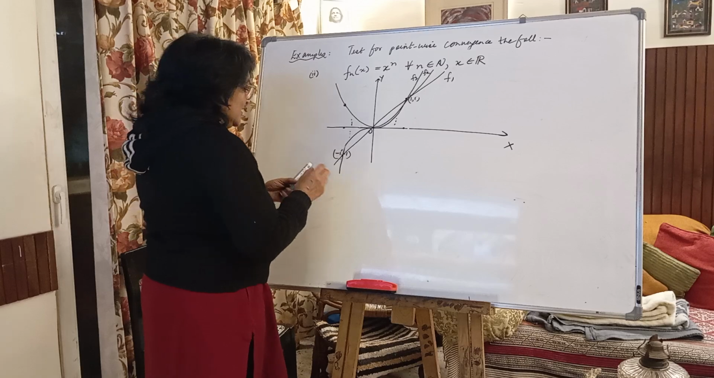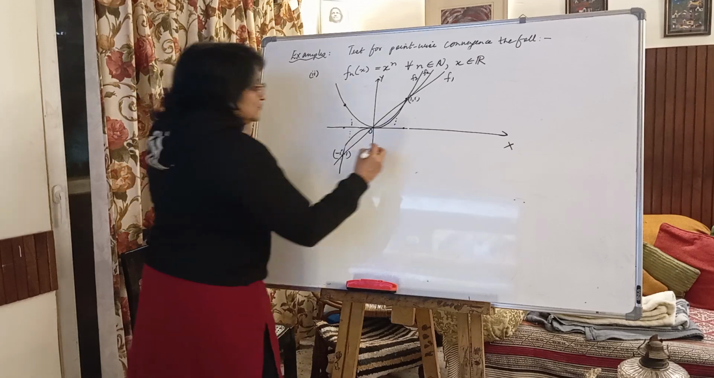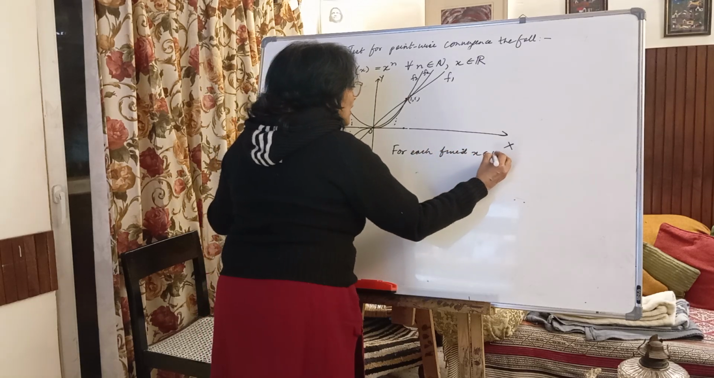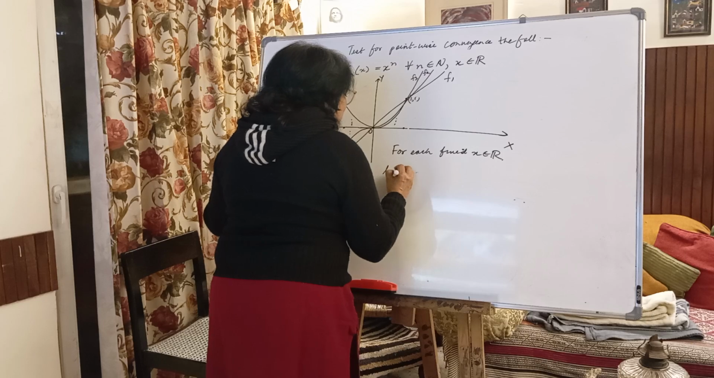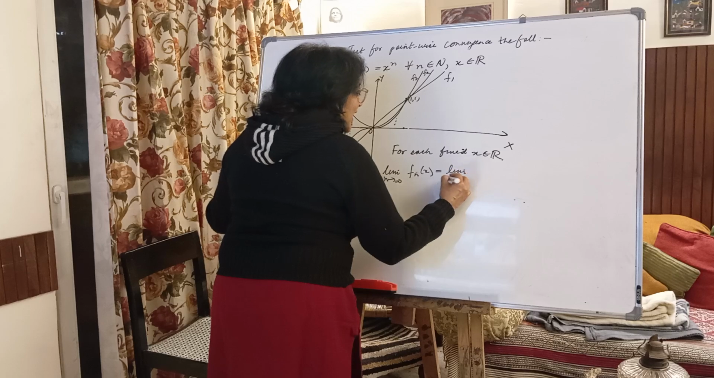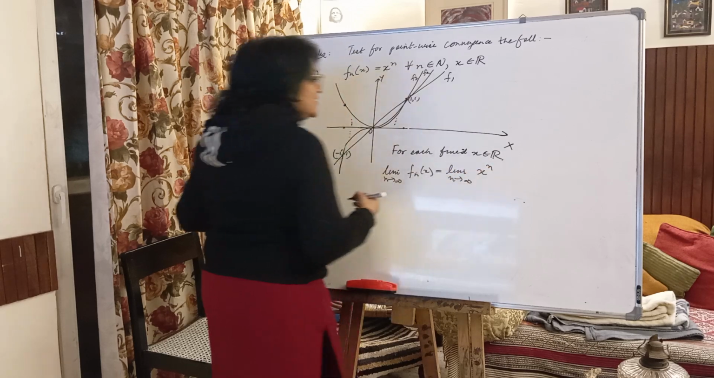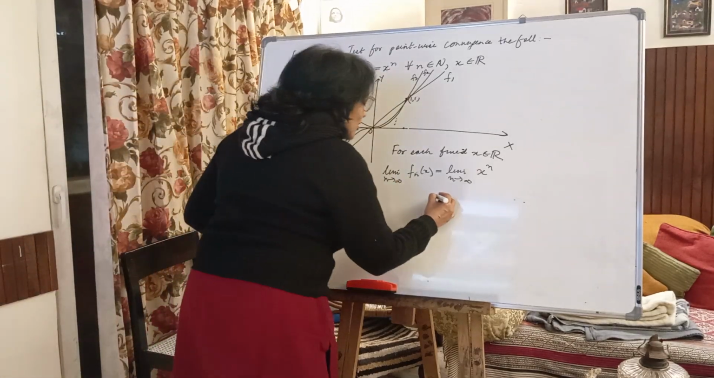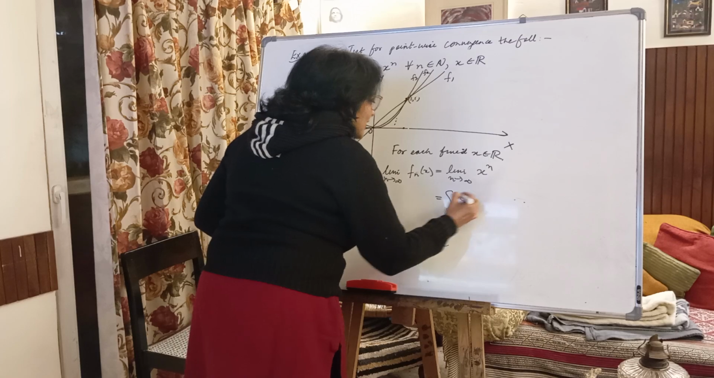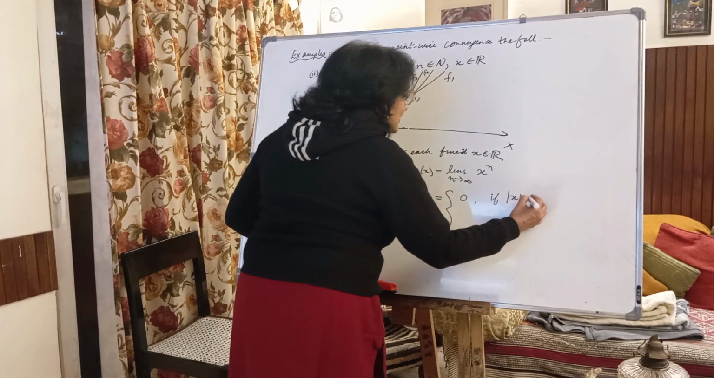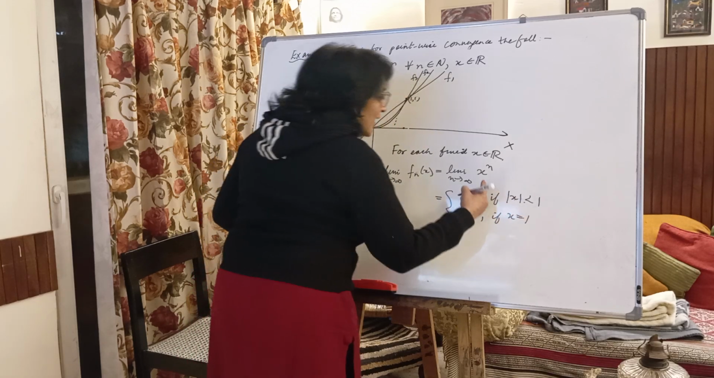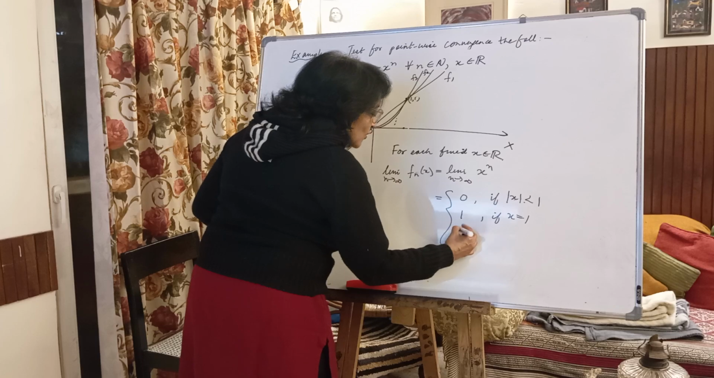So what do we know about this? Let us write down. For each fixed x belonging to R, what can I say the limit as n tends to infinity of fn x is? This is the limit as n tends to infinity of this geometric sequence x to the power n. And we all know the behavior of the geometric sequence. The limit is 0 if mod x is less than 1. The limit is 1 if x is equal to 1, and the limit does not exist